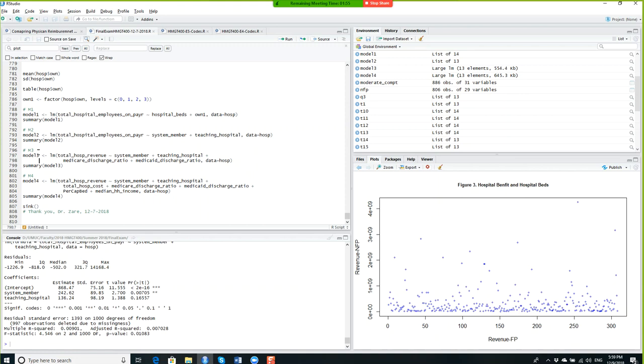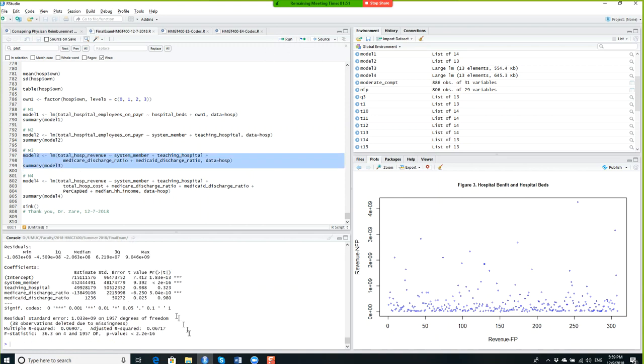And the third model is system membership, hospital revenue, system membership, teaching hospital, Medicare discharge. I can see the system membership is positive, teaching hospital is positive, Medicare is negative and significant, Medicaid is positive but not significant, and finally the last model is